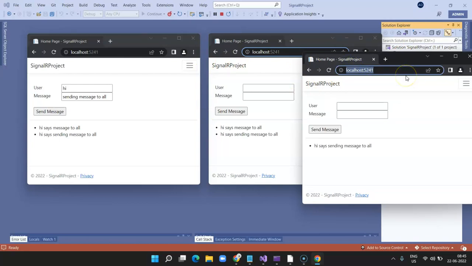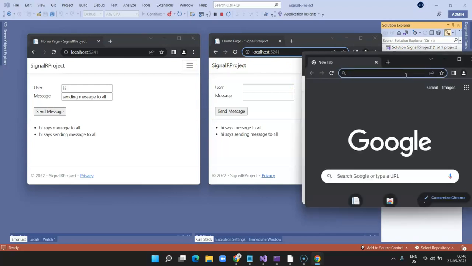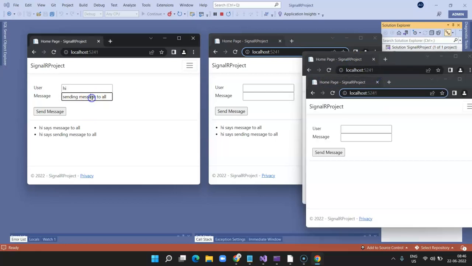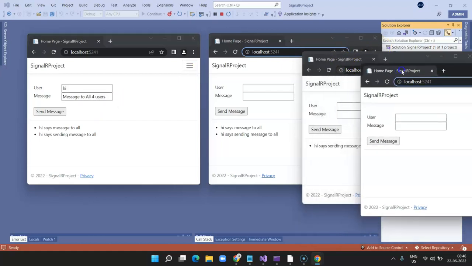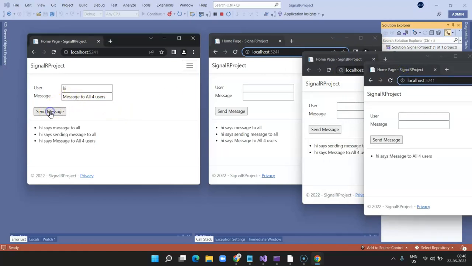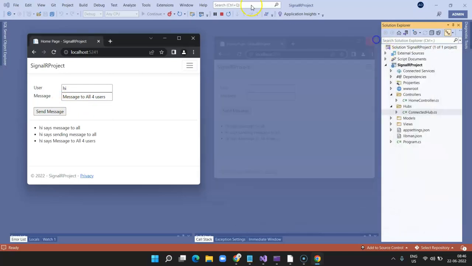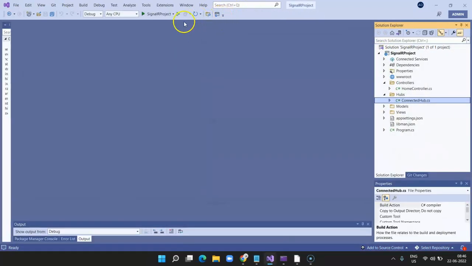If you want, I'll just create one more instance. This is the fourth instance, and now I'm sending the message to all 4 users. You should be able to see the message on all the 4 users. I click on send. Yes, you are able to see all the 4 messages. So we were able to complete the project successfully by implementing a code that sends a message to all the connected